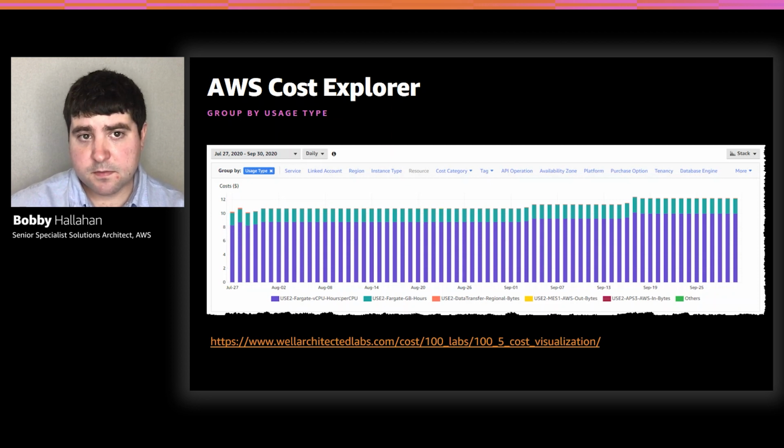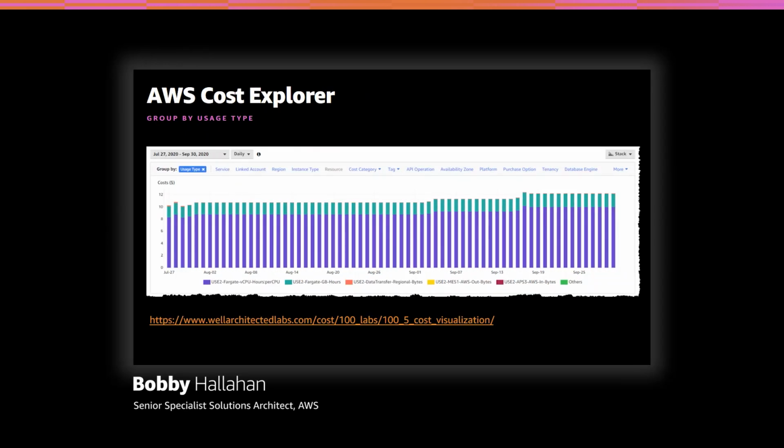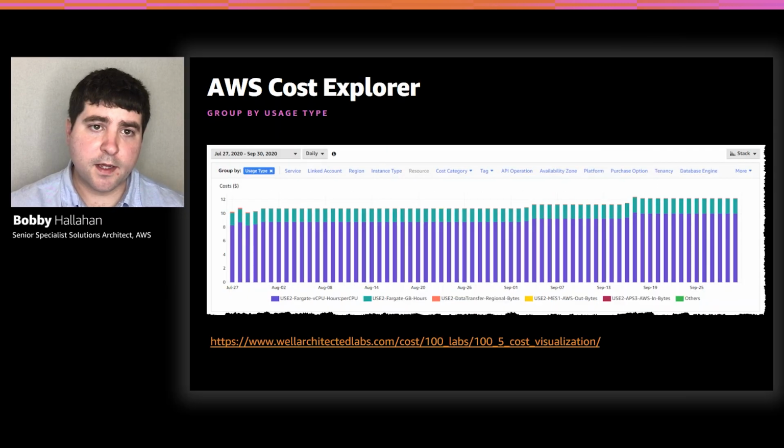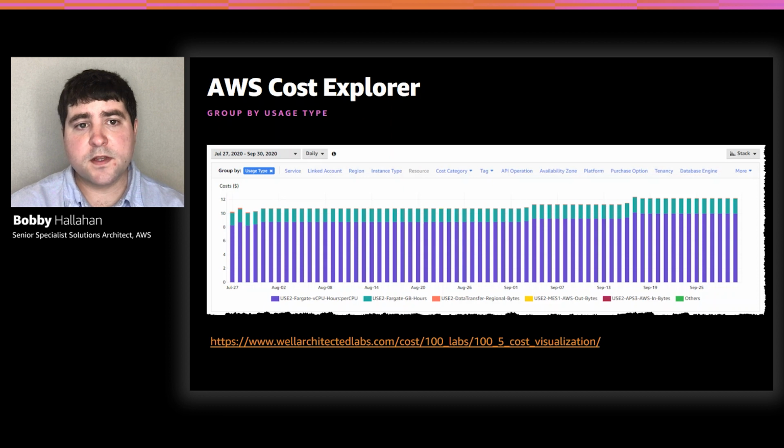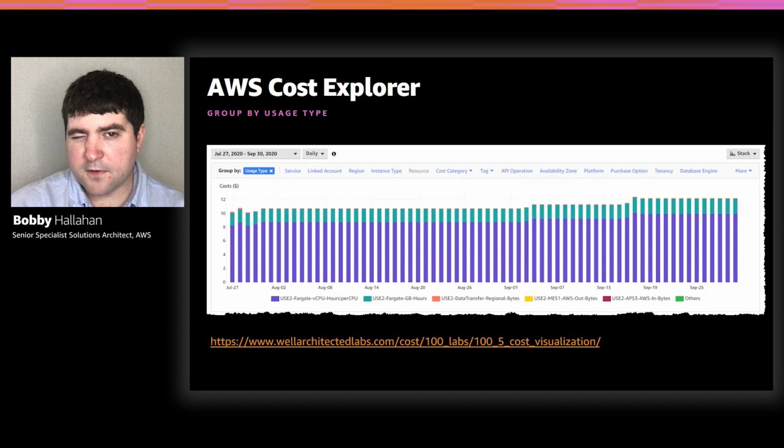So specifically what's missing here is the resource IDs as well as utilization. We want to ask ourselves that question: maybe we have many ECS Fargate clusters. What cluster is actually driving this cost? Or of the CPU bill, how well are we actually utilizing that CPU usage? Without being able to answer those two questions, we can't make a very actionable suggestion on how to cut